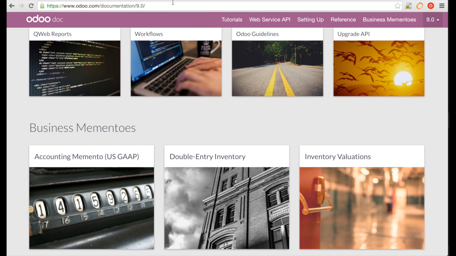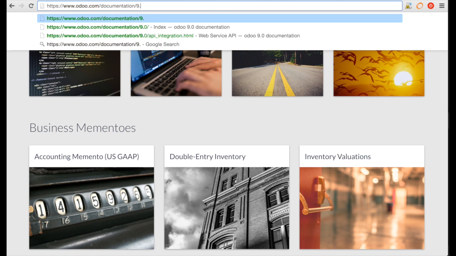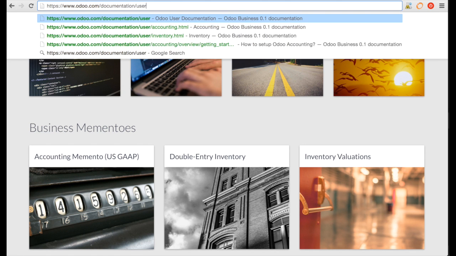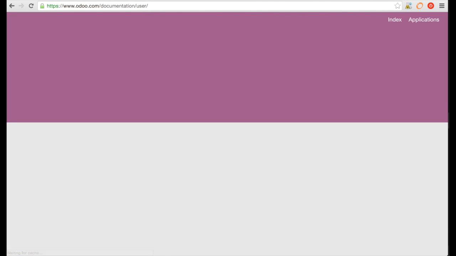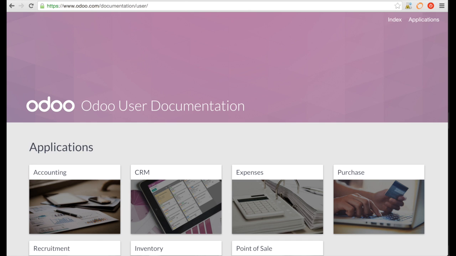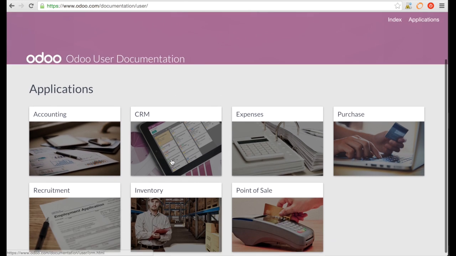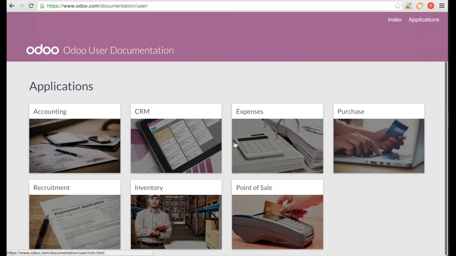So let's go to something that is more useful for most of the people that are not developers, which is the user documentation. To reach the user documentation, you need to go to odoo.com/documentation/user. And here you have the functional documentation. We must say it's not yet finished, but let us dig a little bit more into what is claimed to